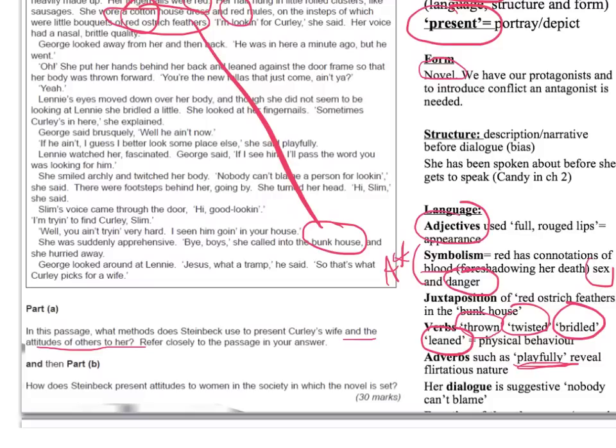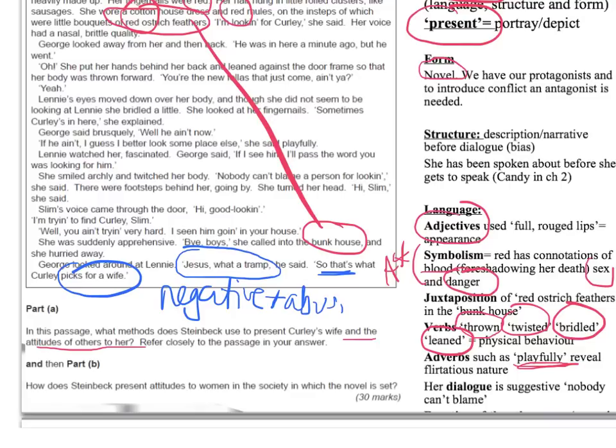Sadly my slide has been clipped off at the bottom, but I would have added here that I would expect students to really think about dialogue from other characters, things like George's, "Jesus, what a tramp, that's what Curly picks for a wife," and thinking about the attitudes of others towards her. It's incredibly negative and